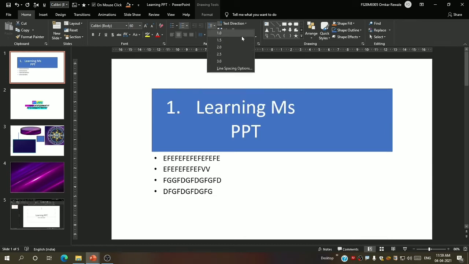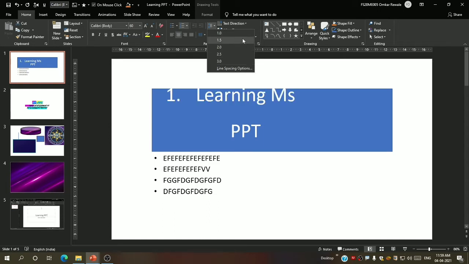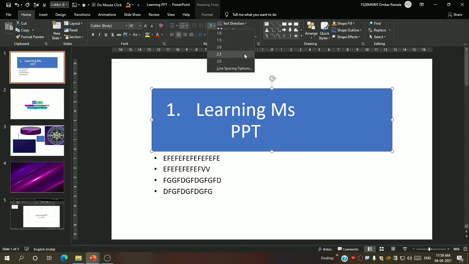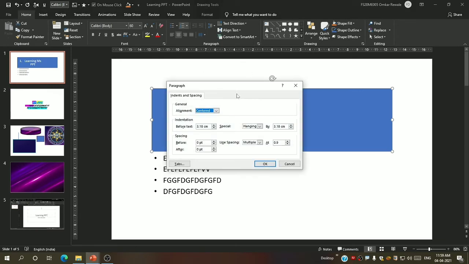This is about the line spacing, how much gap you have to give between the lines. You can also do that custom from your line spacing options. You can see alignment: center, left, right, justify. Now the alignment in this tab is center, so I will select the center option only. Before text, how much space you have to leave, the default is 3.18 centimeter. Special is not important. Most important is this spacing before and after, how much spacing you need. Line spacing multiple